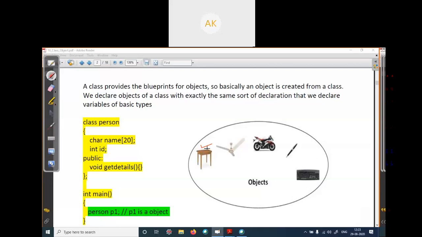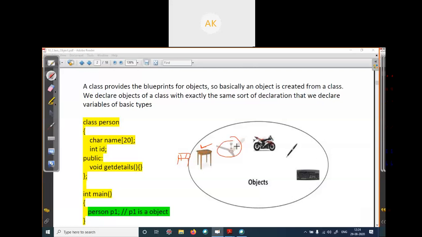Okay, so when we talk about a particular thing, then this is an object. If there is a collection of different tables, and each table has a different brand or different colors or many other things, then we will call this a class of table. In this table class, there are different kinds of tables, like a study table or computer table. Here we are talking about this particular table, which is the real entity. You can touch it or you can see it. So this table is an object.